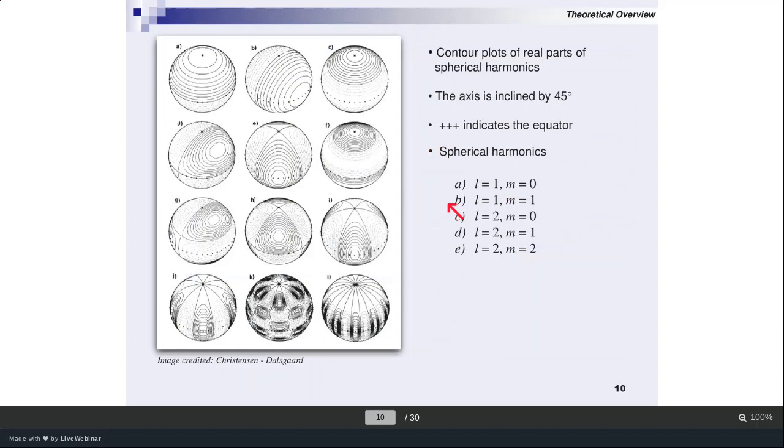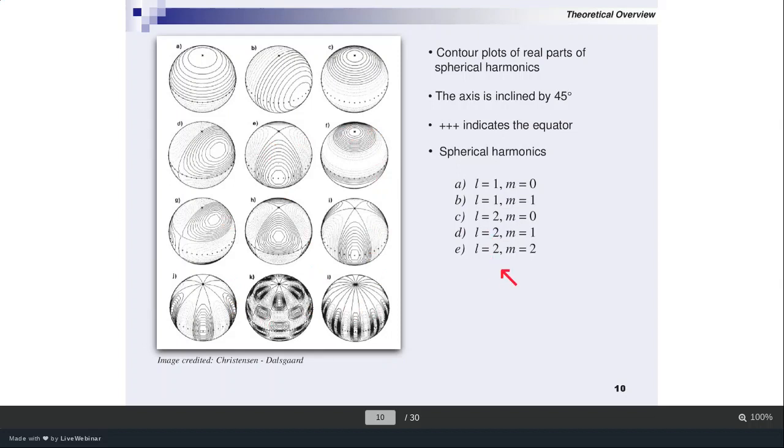So this is the idea about the non-radial oscillations. If you always look at L equals 1, that is the start of non-radial oscillations, non-radial components. So L equals 1, M equals 0. Then there are a lot of combinations, like L equals 1, M equals 1, like that. So you can see the star oscillates in a very complex manner with these combinations. So that's what we are looking for.